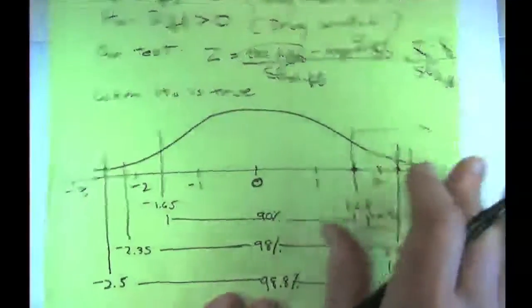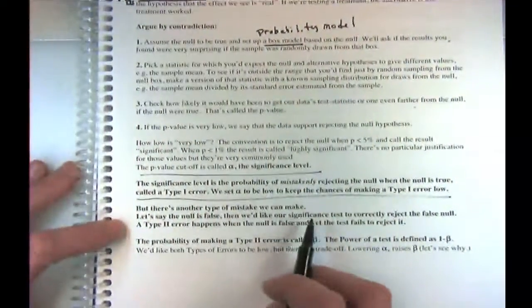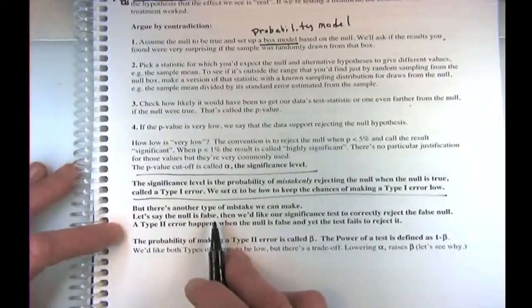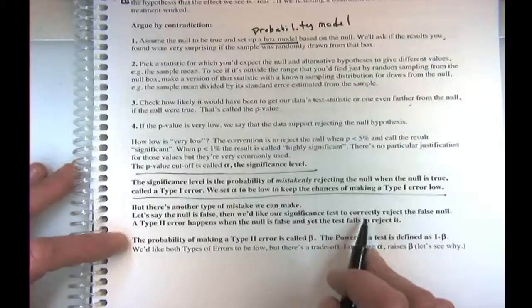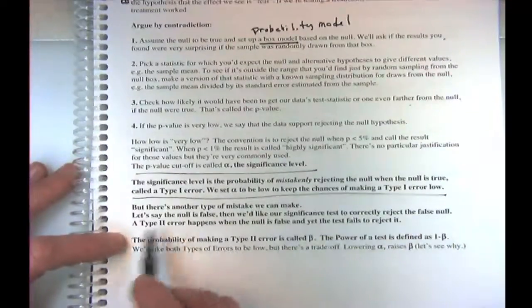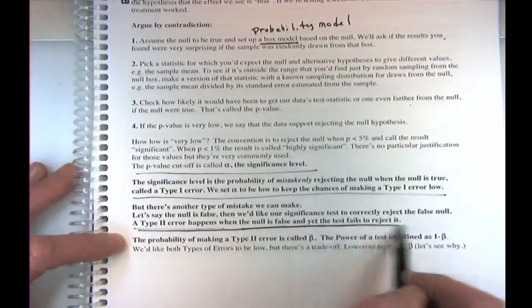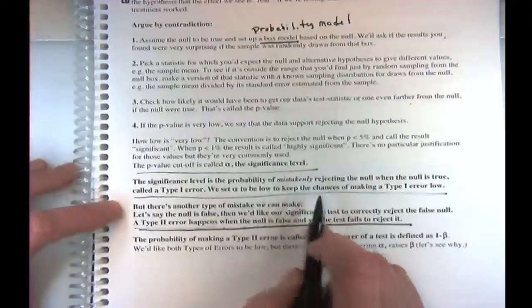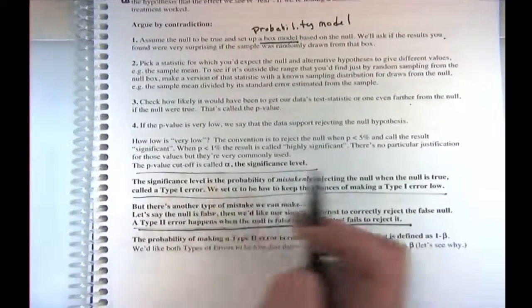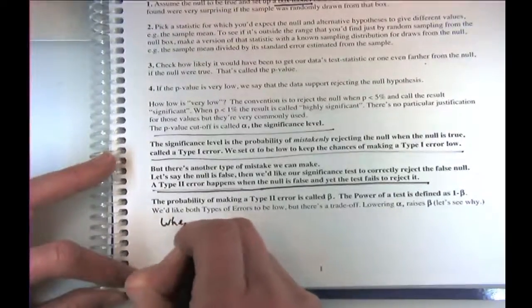We're going to have another probability distribution. Let's think about it. There's another type of mistake we can make. Let's say the null is false. Then we'd like our significance test to correctly reject the false null. A type 2 error happens when the null is false, and yet it fails to reject it. Let's think of it this way. All right, so you have these two situations. Let's say when the null is true,